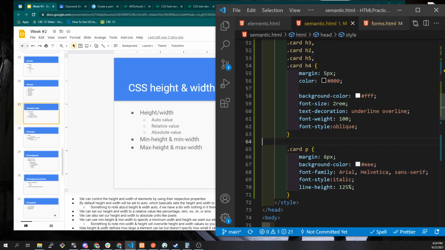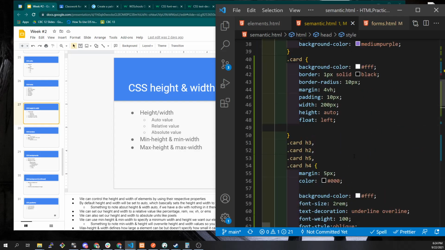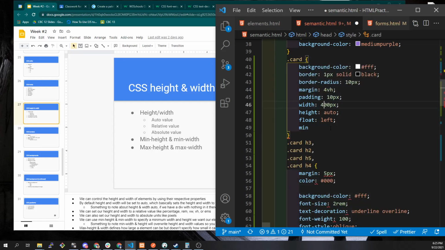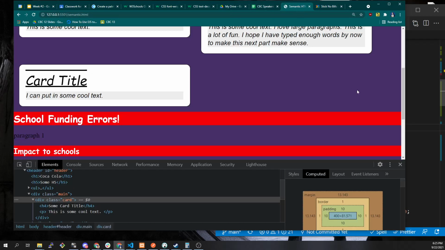Okay. There are a few special properties that we're definitely going to need as we start playing with responsive design a little bit more. We set a width here of 200 pixels, but we can also set a min. Let's change this to 400 pixels. We can set a min width of 200 pixels. What this will let us do, if we show this off,